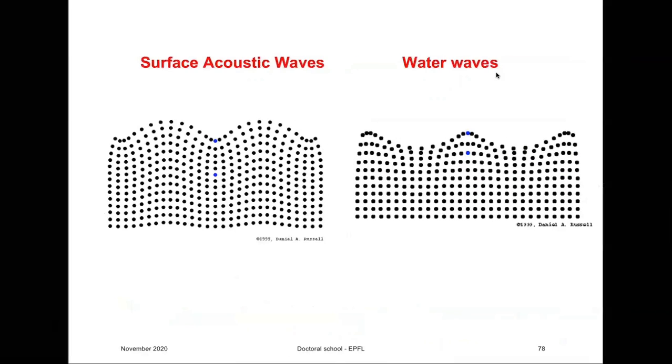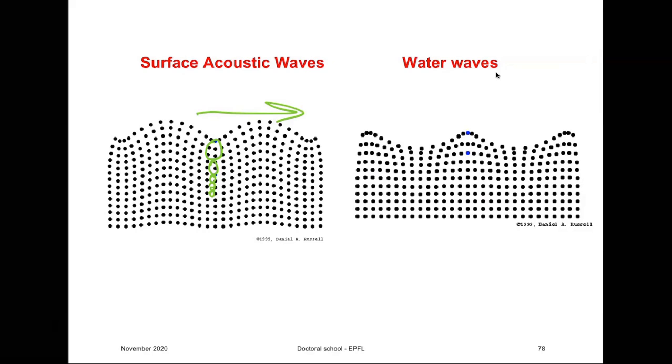We cannot go through theory of this, we don't have time, but basically this is how it looks like. You have particles that would oscillate following an elliptical path, but not move away from that, and the amplitude of these oscillations drops down very quickly as we move from the surface, and the actual wave moves in this direction,